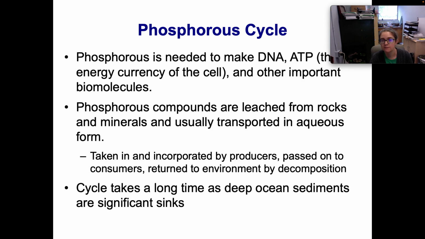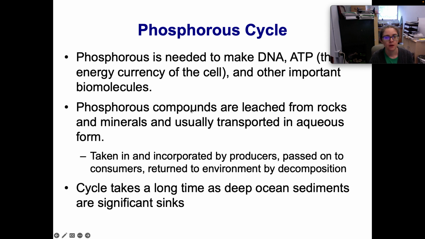Okay, next up is the phosphorus cycle. We need phosphorus in our DNA, and in ATP, it's the P part of ATP. And that's basically the energy currency of the cell. So when we're breaking down glucose, we make ATP, and that's how we get our energy. And so we have to have ATP, so we have to have phosphorus,